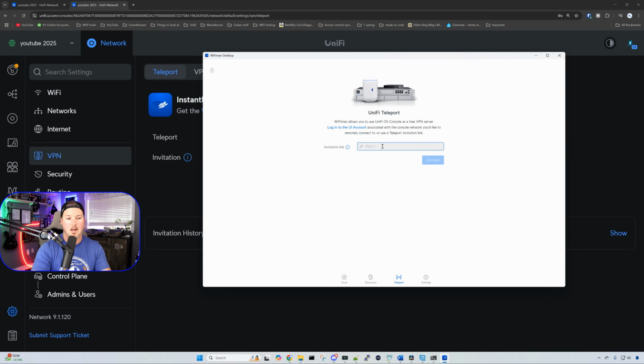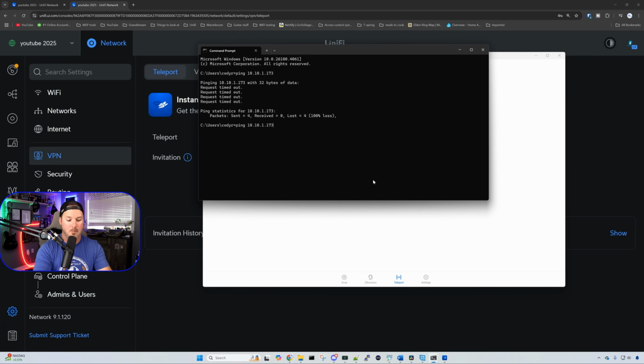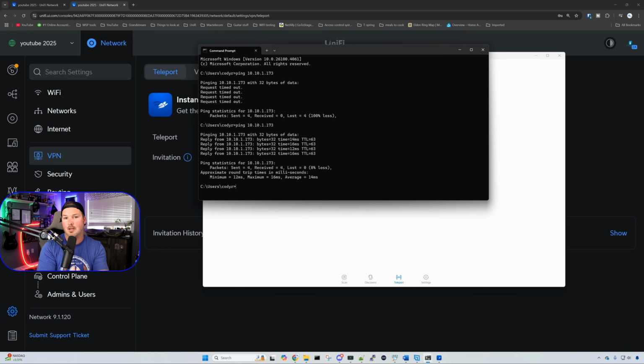We'll go to Wi-Fi Man, and then I'm going to paste it. Once I paste it, all I need to do is press connect. You now see that I'm connected a few seconds ago to YouTube 2025. So let's bring that command prompt back up, hit the up arrow, and we should be able to hit this, and we can. The issue with this, with any of the VPNs,